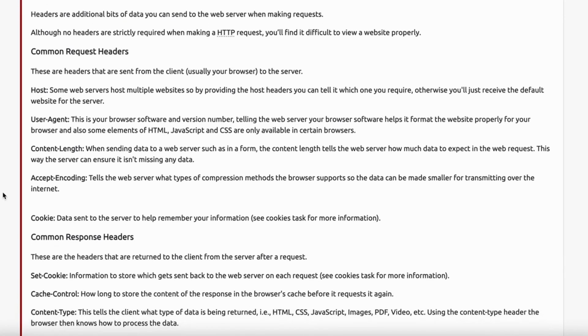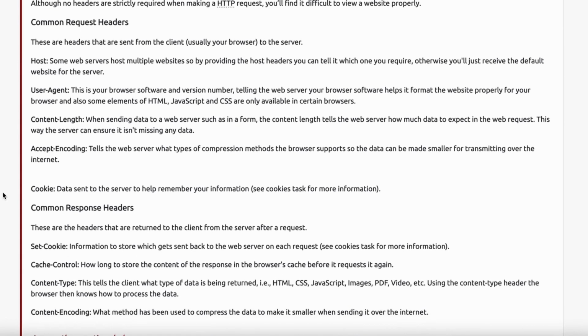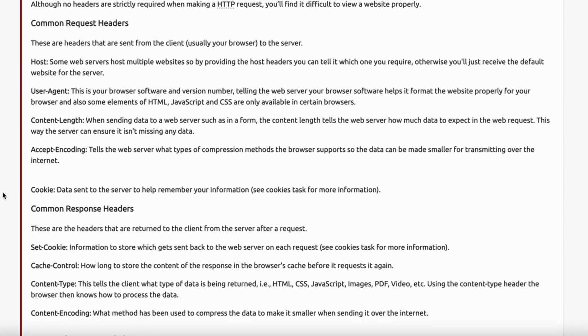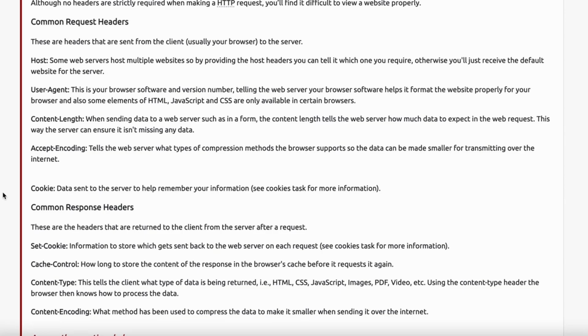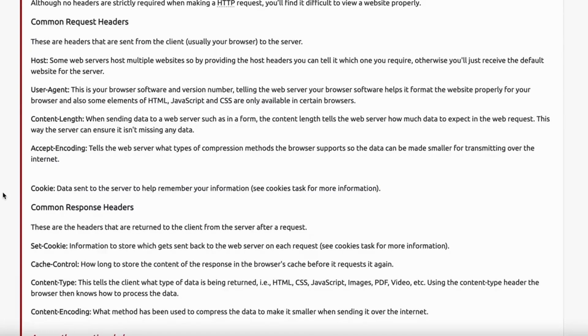Now let's go to HTTP headers, because this is just so much fun. These are basically sent from the client, basically you, to the server. They'll show the host, so basically who you are. They will show the user agent, so basically your browser. The content length, so you know how much data you are expecting, and accept encoding, whether or not you want to accept encoding. And a cookie. We will talk about that in the next section, so keep that in mind.